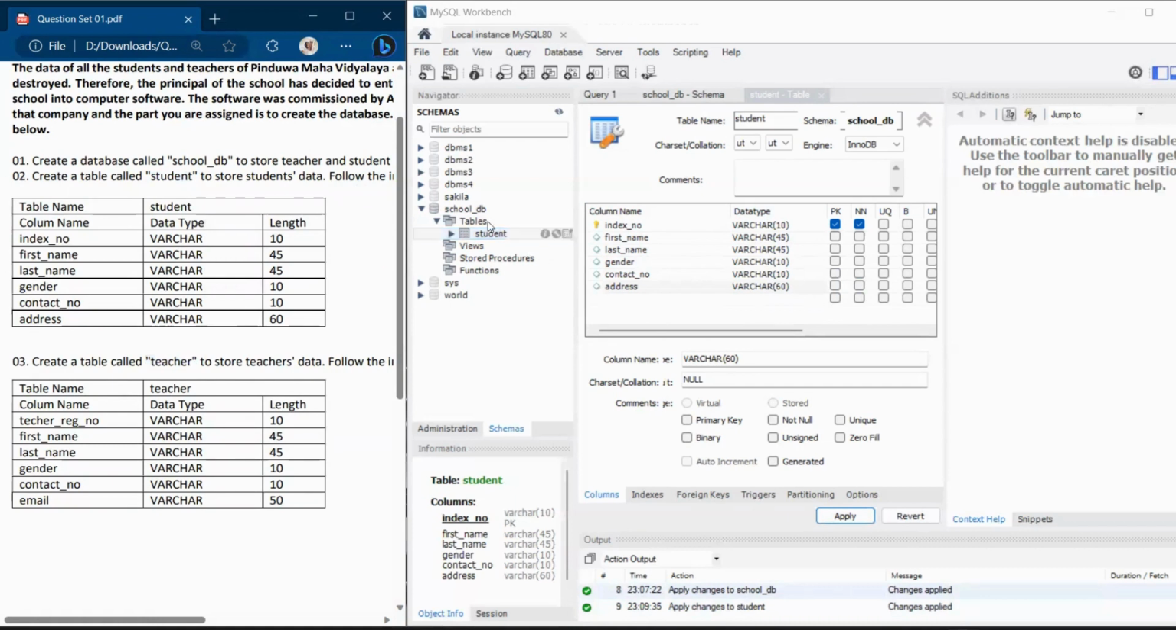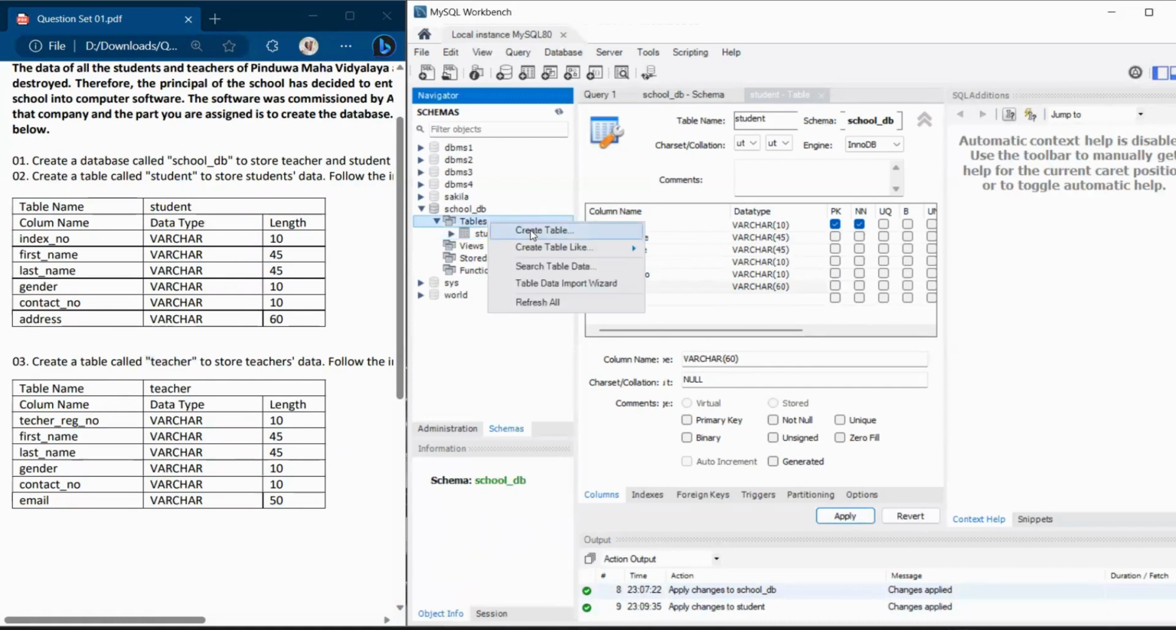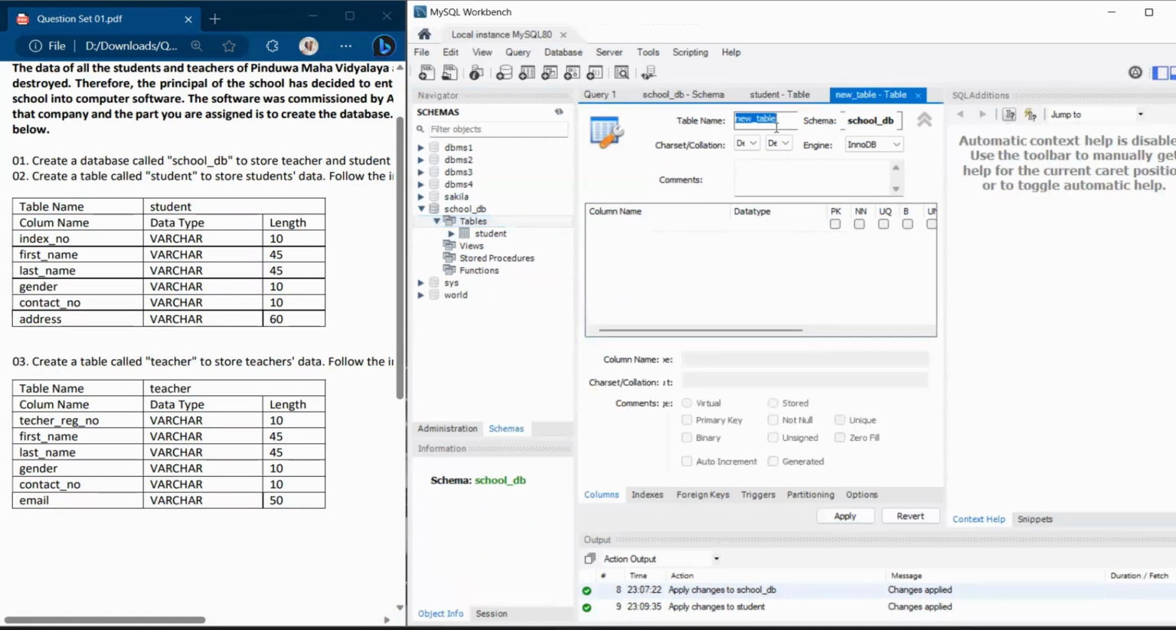So I'm going to do the same steps. I'm going to click on tables, right click on that, click on create table, and I'll be getting another window. There you go. So I'm going to type teacher, and then under the column section, I'm going to double click on the first row, and I'm going to give the first column, which is going to be teacher register number. So I'm going to give it as teacher